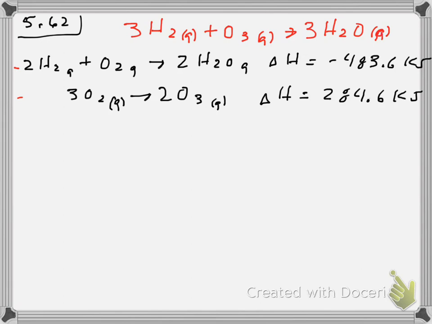Since delta H is a state function, it doesn't matter whether I calculate that directly or figure out how to get there using two other equations, like in this case this one and this one. If I can rearrange these two to equal this one, then I'll also get the same answer, or close to it, as had I done this equation by itself,